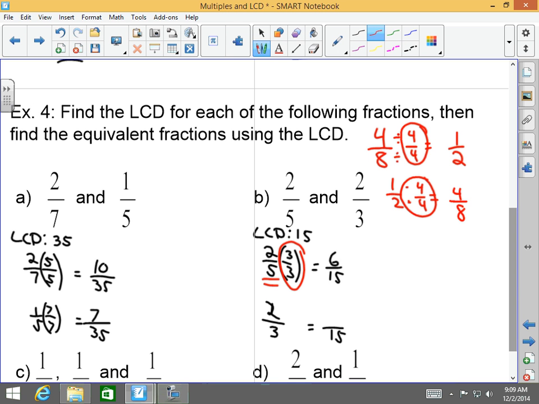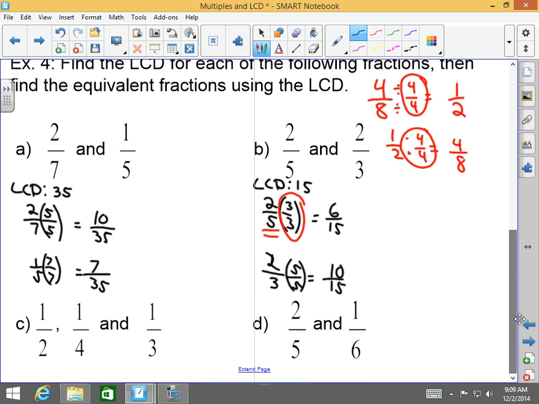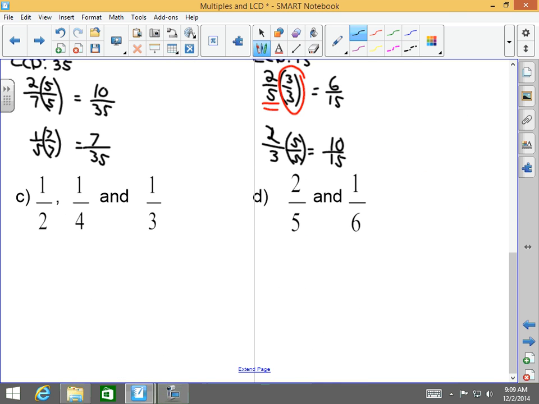Okay. So, back here, what did I multiply to 3 to get to 15? So what must I multiply to the numerator? So I get my new fraction of 10/15. Okay. What is the LCD of 2, 4, and 3? 12. Very good. So I got to convert 1/2 into something over 12, 1/4 into something over 12, and 1/3